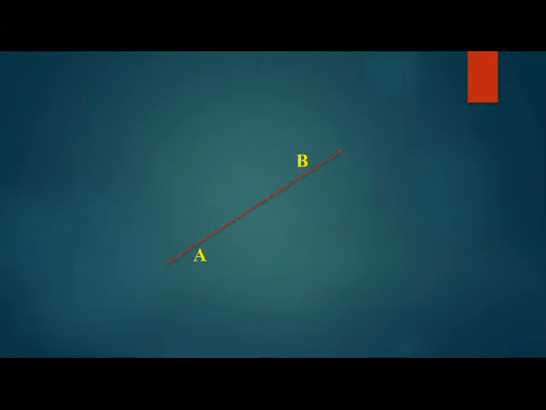Suppose this is line number 1, which is AB. This is PQ, line number 2. So what was the hypothesis? That 2 lines intersect. These are the 2 lines which we are showing through the figure, intersecting at point O. Then the vertically opposite angles so formed: the first is angle POA, which is vertically opposite to BOQ. The second vertically opposite angle is POB, which is opposite to AOQ. The measurements of these vertically opposite angles are congruent. This was the general enunciation and this is the figure.